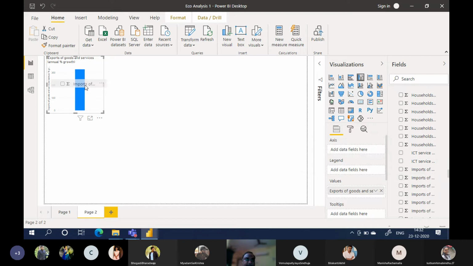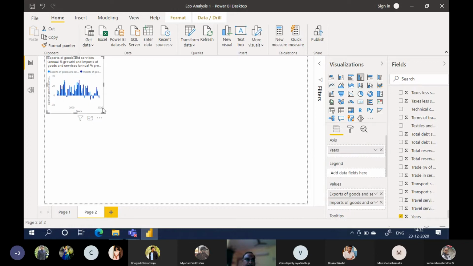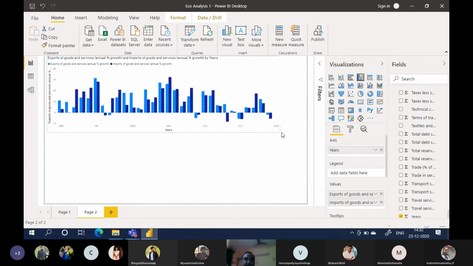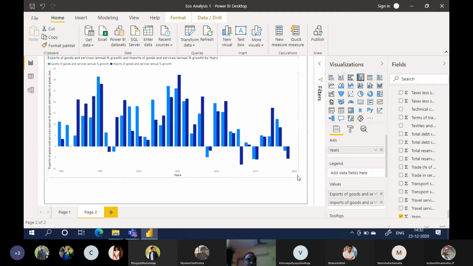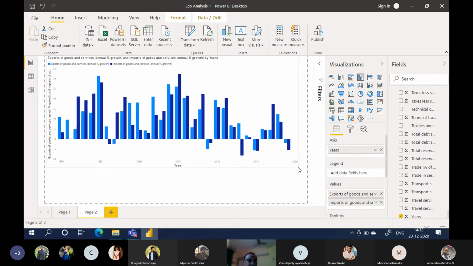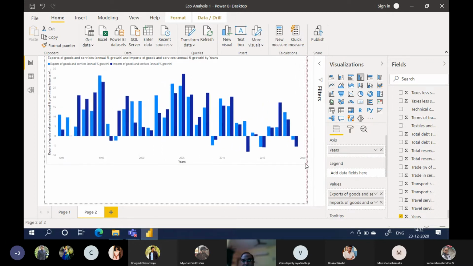This we will put here. Then we will also get years to the axis. Now this is our trade scenario. In the last, we'll reduce the size of the trade. See how it automatically does.